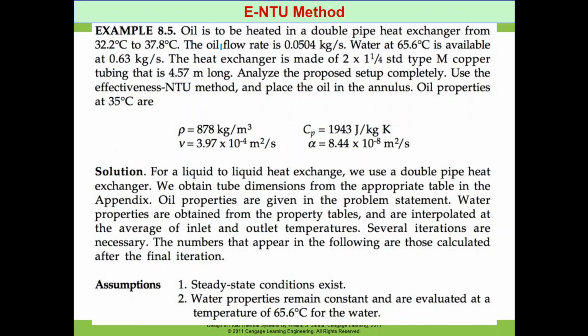So the problem is that the oil is to be heated in a double pipe heat exchanger from 32.2 degrees Celsius to 37.8 degrees Celsius. So the initial temperature is 32.2 and it is to be heated up to 37.8 degrees Celsius. The oil flow rate is 0.0504 kg per second, and the water is available at 65.6 degrees Celsius to heat up the oil. So the water temperature is higher than the oil temperature, and it is available at a flow rate of